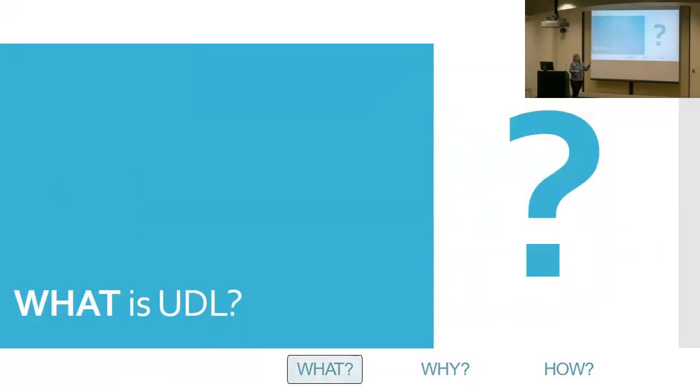Before I get to the what, I have like 12 slides in here, and we're not going to have enough time. So I took those out. I'm just going to summarize this part for you. So the where part, where did it come from? Universal Design for Learning is an instructional design framework that was created by a group of education and neuroscience researchers at the Harvard Graduate School of Education. And this particular group got together, and they were really focused on assistive technology, things like screen readers, that kind of stuff, that helps people who may have some kind of a visual impairment or a hearing impairment, helps them be able to